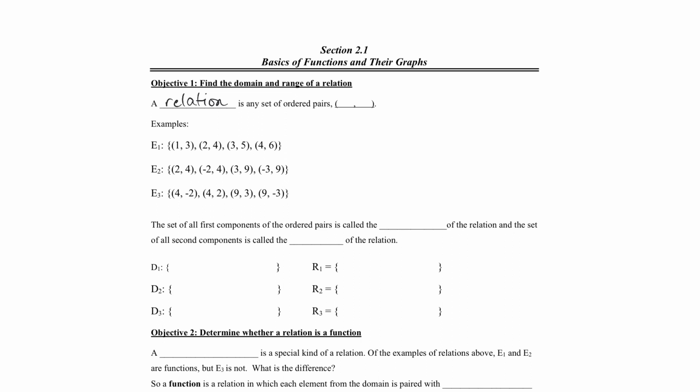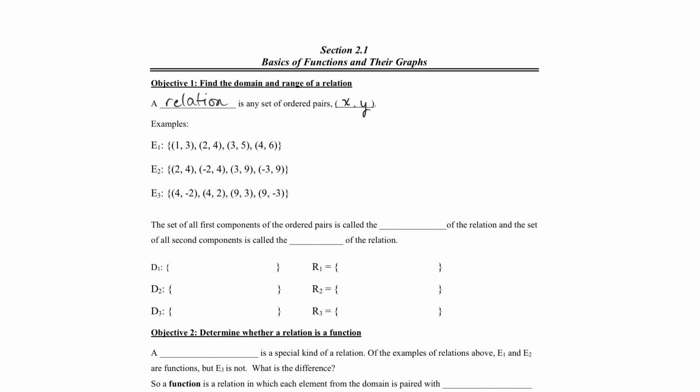is any set of ordered pairs, and remember that ordered pairs are typically expressed using the two variables x and y. And ordered because the order in which they are listed makes a big difference, right? So I have some examples of some relations below, and the notation that I'm using is just saying this is example 1, 2, and 3. And these three examples are all certainly sets of ordered pairs, and so they would meet the definition of being